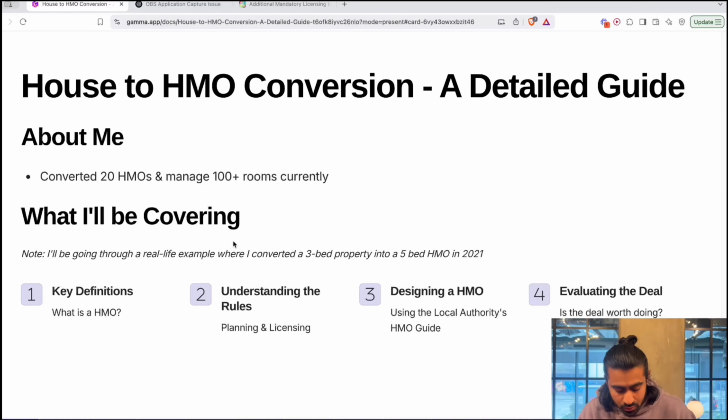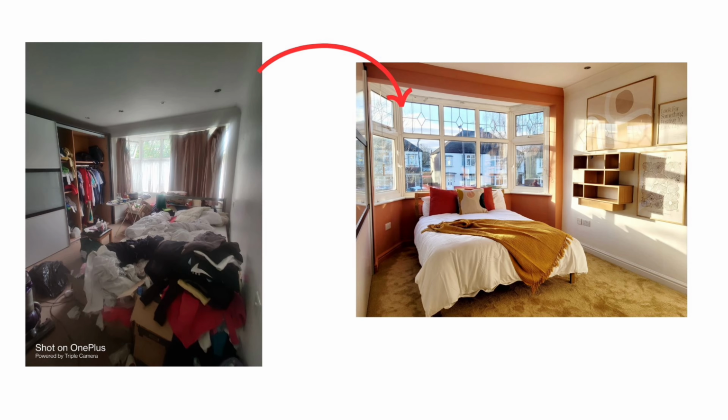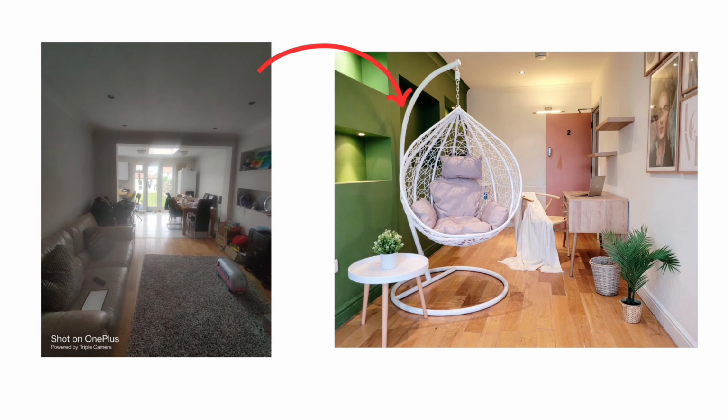So in this video, I'm going to be going through my process on how I turn a house into a HMO. A little bit about me, I've converted around 20 HMOs in the past few years and currently manage over 100 rooms. I'll actually be going through a real life example where I converted a 3-bedroom property into a 5-bedroom HMO